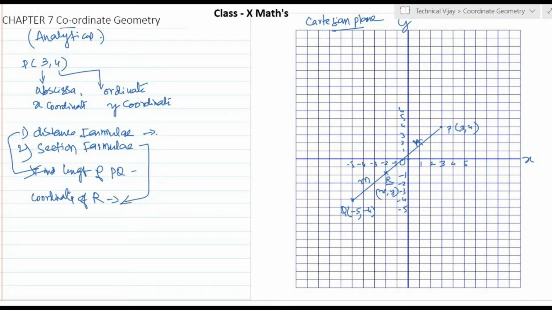So here, if a point R with coordinates X and Y lies on this straight line in the ratio of M and N, then these X, Y coordinates can be found by using this section formula. Only these two are in your syllabus. One more thing is the area of triangle. That can be easily solved by using the basic formula, half of base into height. This can be calculated by using this coordinate method. That's all. So we will go for this exercise so that you can better understand.